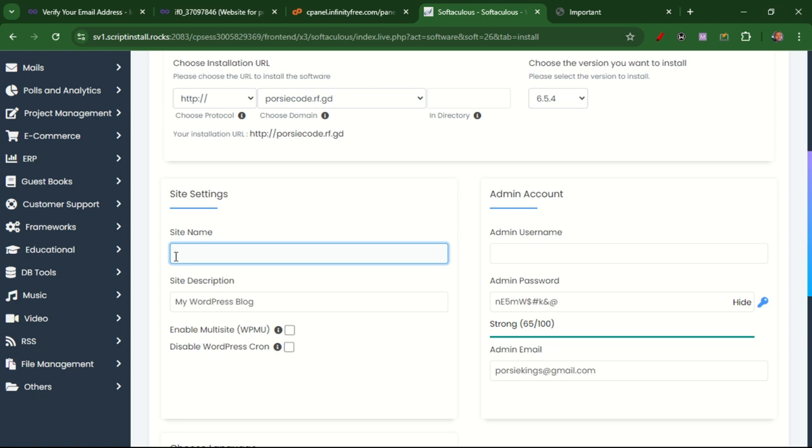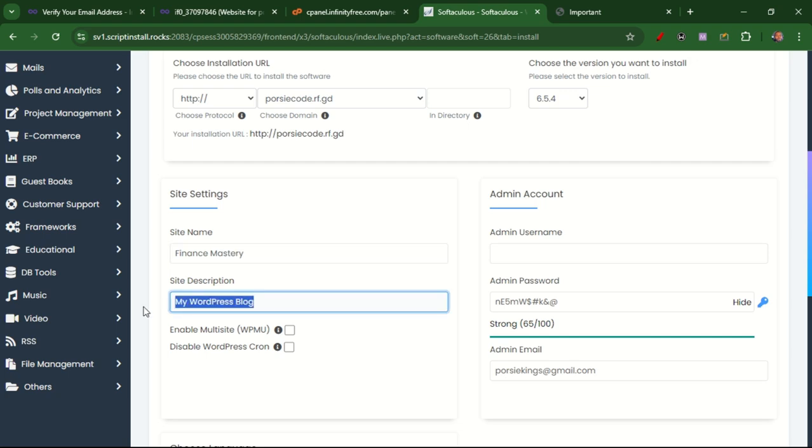Let's create this website about finance. Okay, let's call it Finance Mastery. So now that is it. Since we already have Finance Mastery, let's